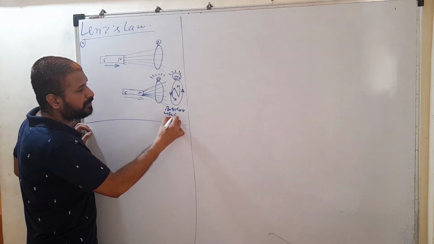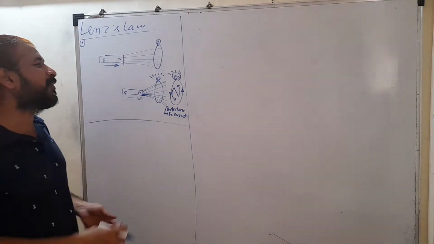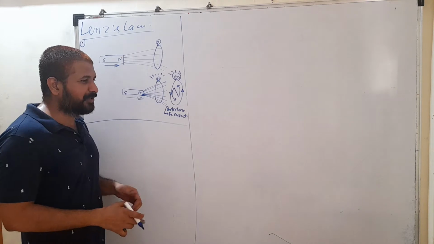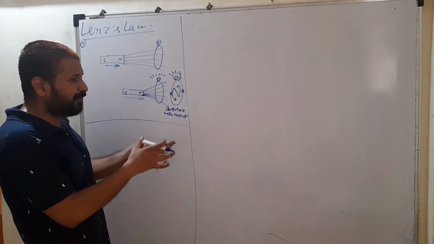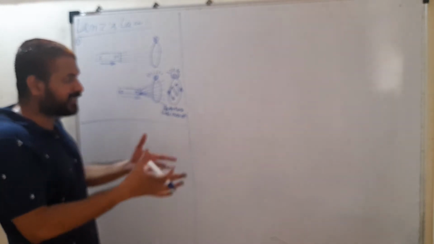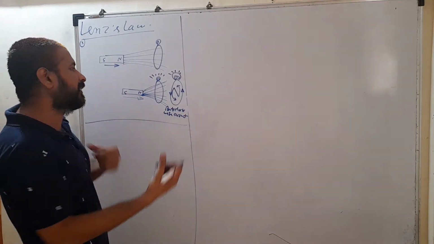Anti-clockwise current, because we cannot get electricity for free. Now electricity is a type of energy. So according to the law of conservation of energy, whenever you are generating a form of energy, there must be a loss of another form of energy. We cannot create energy, right? Here what we are doing is changing the flux and we are getting electricity.